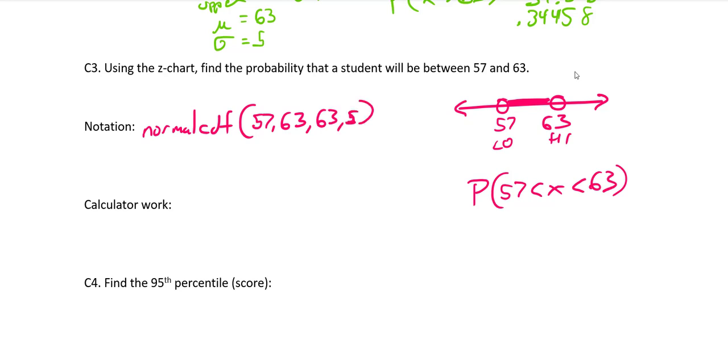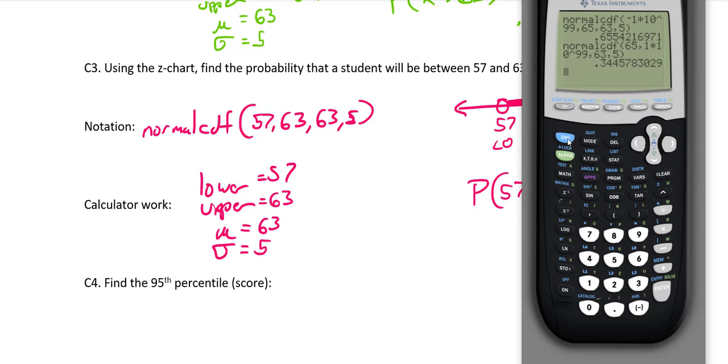Whoa, it's pretty sweet. So now the calculator work: our lower, our upper, our mu, and our lowercase sigma for standard deviation. That's 5, that's 63. This is also 63, and this is 57. Check it out. This is super easy to type in. You don't have to worry about those pesky infinities. And this is definitely a lot easier than doing it by hand for this problem, because they give you the lower and the upper limit. So let's go to normal CDF, and then type this in as 57, enter, and then 63, enter. And you can go back to the previous page where you did this by hand, and voila,